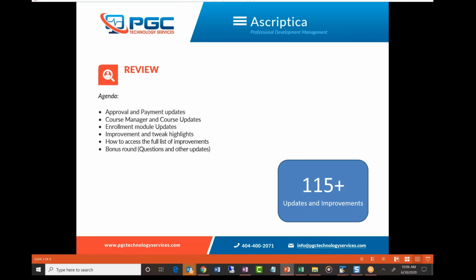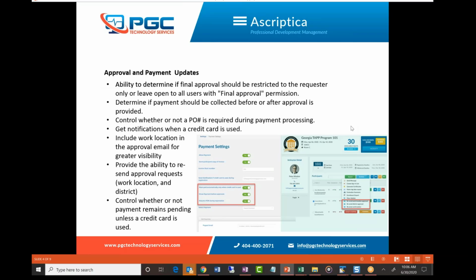So let's start with the approval and payment changes. What we've done is to change the way the final approval works. For those that are on an even older version of Ascriptica, we've really changed the way the approval process works, really enhanced it a lot. So you have a three tiered or three layered approval process. You can have it starting from the work location, then roll up to the district, then up to the final